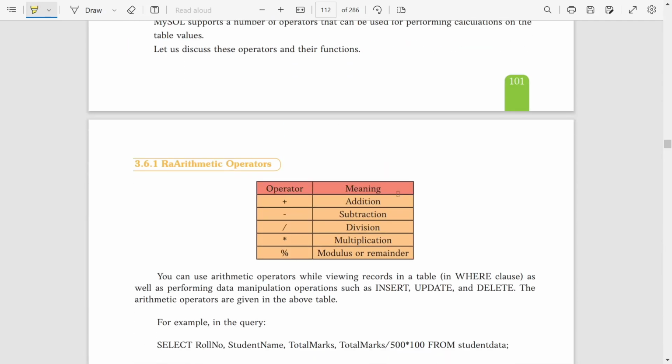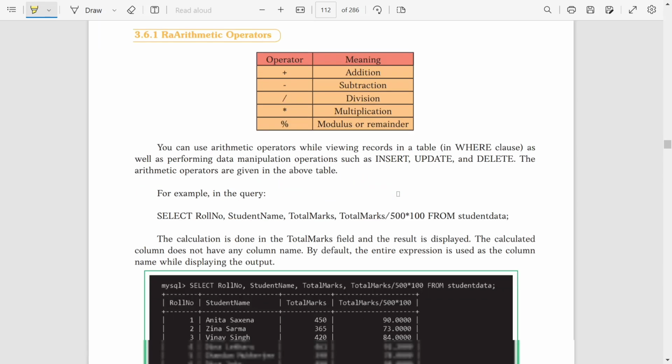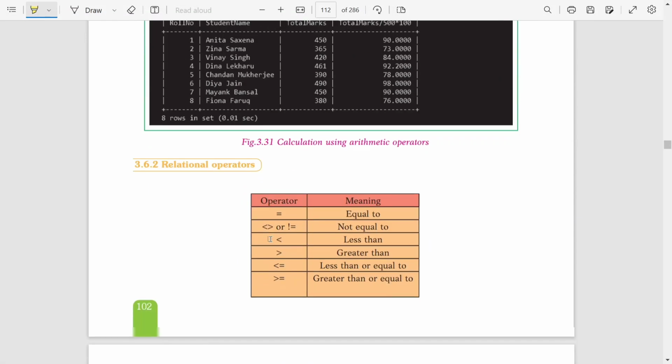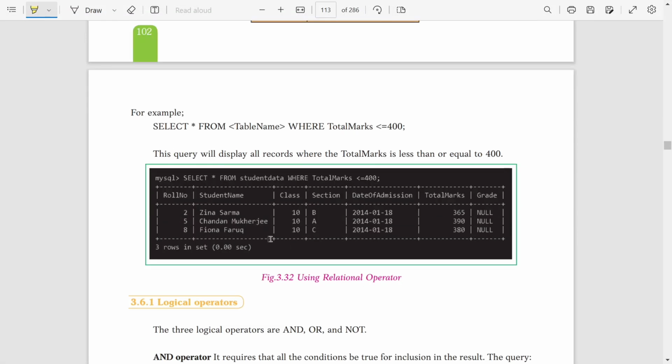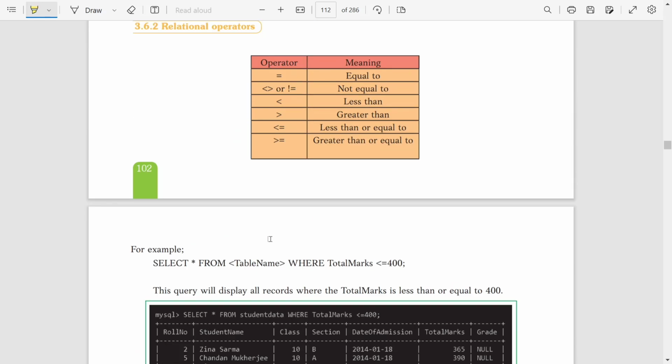Working with operators, these operators you have already got. So in MySQL, we mainly use arithmetic operators with commands like insert, update and delete. Then relational operators, this also you already got in C language.